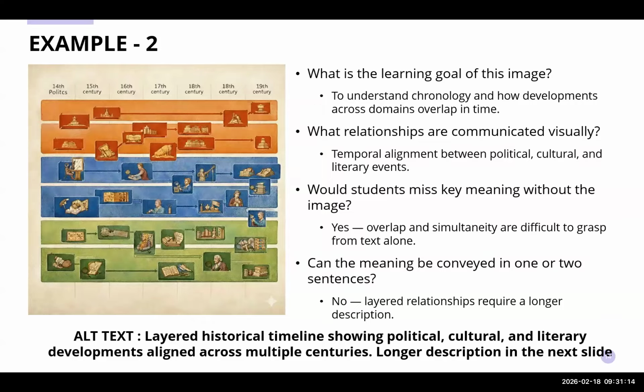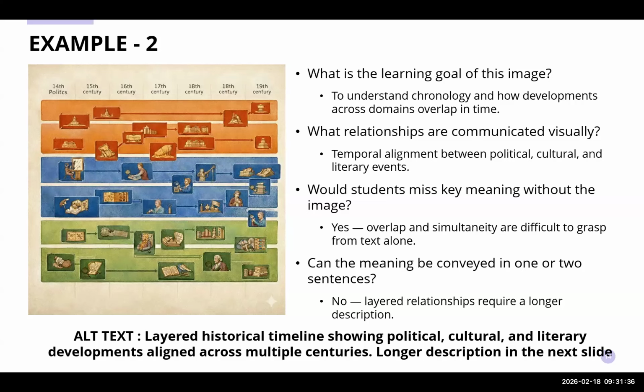So that sense of things happening all at once can be very hard to grasp. So if you just read a list of dates and if a student can't see how these bars aligned vertically on the slide, they're actually missing the core relationship that you are trying to teach